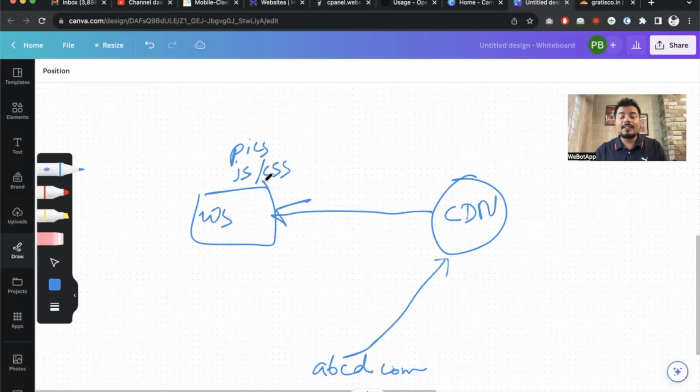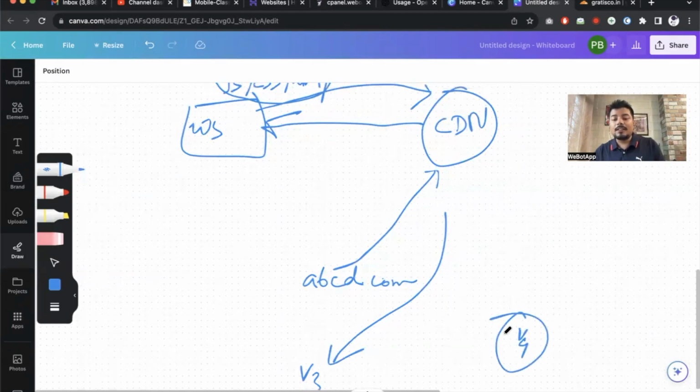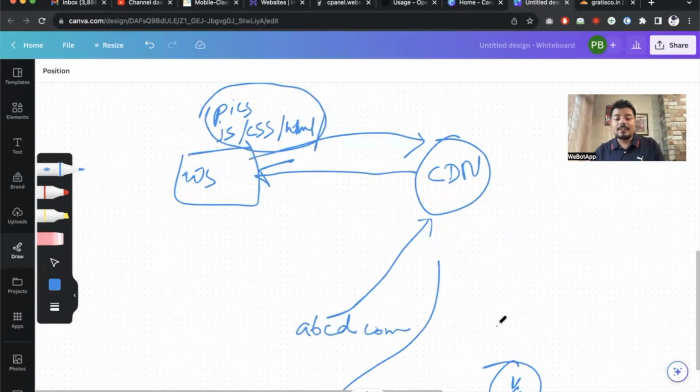It may have CSS files, it may have HTML files, it may have any other type of files which we will not cover in this section. So all these files will be fetched by the CDN network or the CDN server and displayed to the user's computer here. Next time, if another person called V3 tries to access the same domain name,